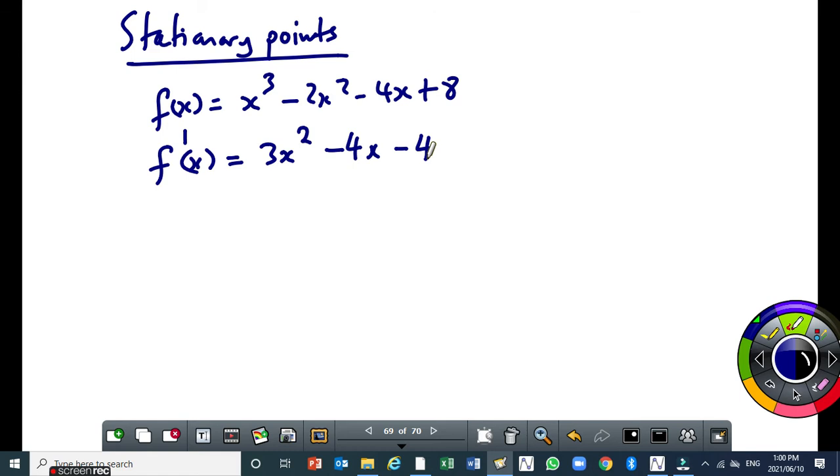Right? Then I'm not done. The next thing now is to equate that first derivative to 0. So I'll say 3x squared minus 4x minus 4 equal to 0. Then, if you want to solve that,